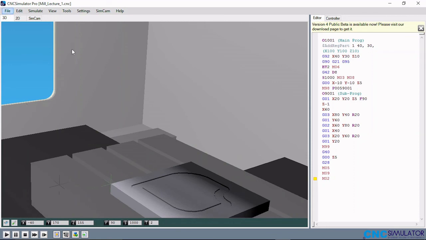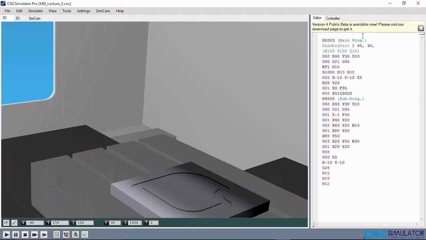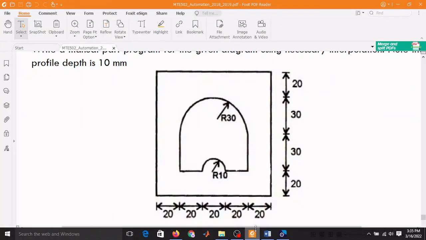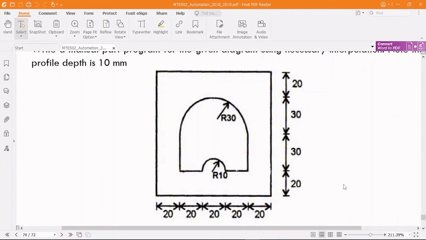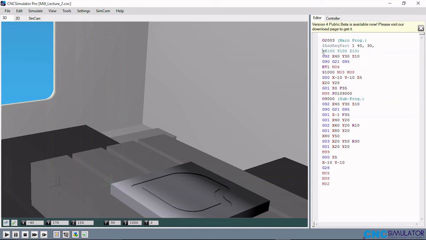That's the profile. So let's look at the code for this. So this is the part program for this profile. So the dimension of the workpiece is 100 by 100, and the thickness is equally 10 mm. So that is what is being done here, and the coordinate at which the workpiece is added on the table is 40 on x-axis and 30 on y-axis. So G92 is being used to set the origin on the workpiece, x40, y30, z10 to be the new origin,